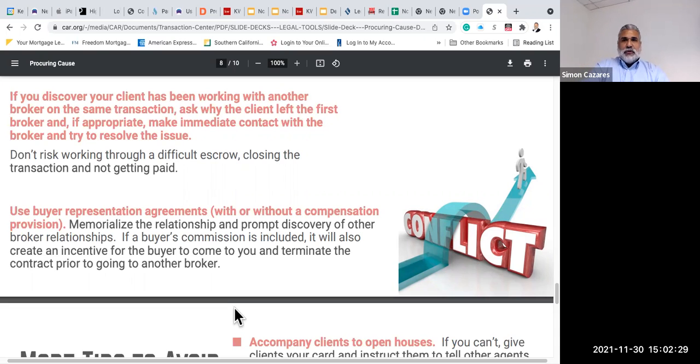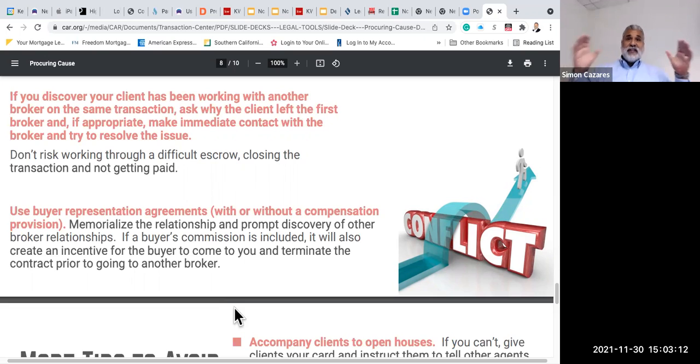Okay. Remember, if you do end up having a buyer representation agreement in place and they end up going with another one, you might still be able to save that transaction and navigate or realign the buyer to coming back and use you, just because that contract is very defined. And it says that if they end up going in a different direction, then the buyer is responsible to pay you the commission. Not the agent, the buyer, okay? Now, the elements of the contract are very defined and very crystal clear, folks, that the buyer is responsible for paying you a commission if they go in a different direction.